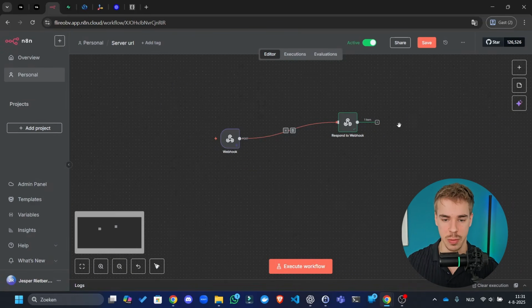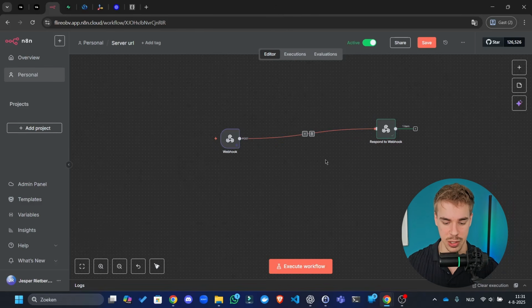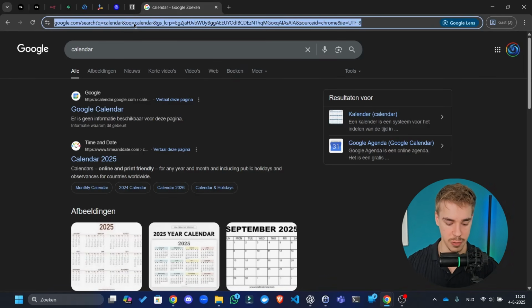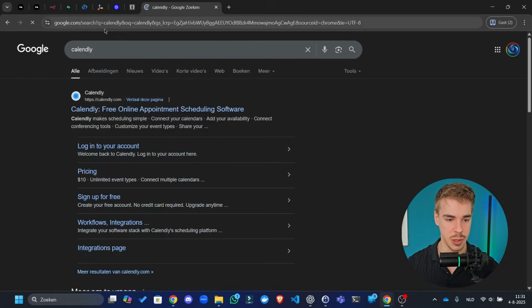All right, but what is the purpose? Why are we actually doing this from the server and not just from the persistent agent? Well, there's something we actually have to add to the context of the agent that changes with every call and every day before it picks up the phone. And that's going to be the availability of the calendar. All right, so if we're going to check, use Calendly, for example,